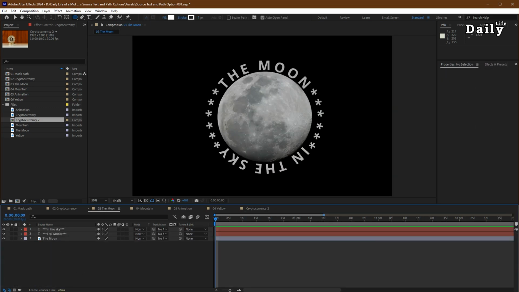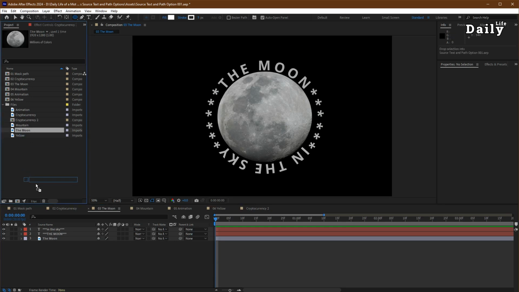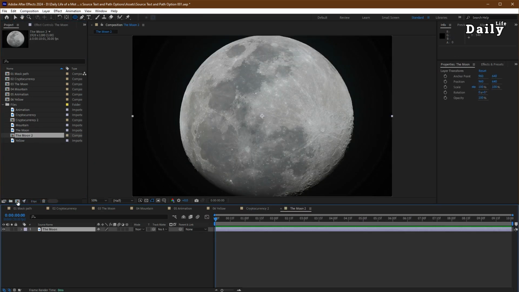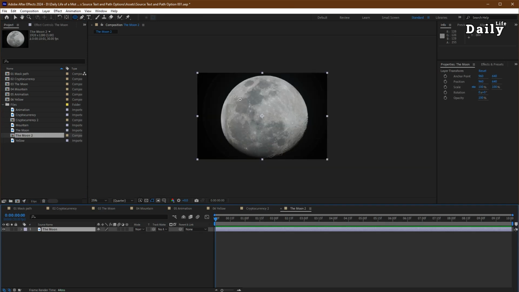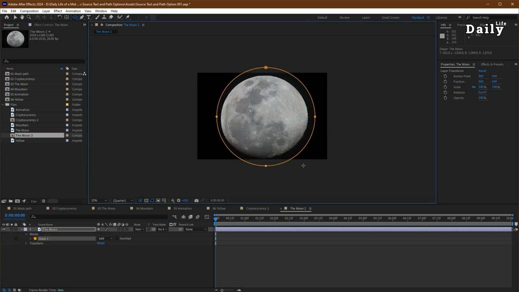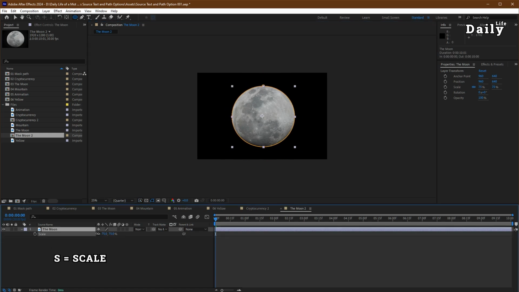Exercise 2. When the force alignment is on, import the moon photo and create a composition. This is a JPG image and I need to scale down the moon individually. So, mask the moon and scale it down. Use the space, Ctrl or Shift keys to create a perfect circle around the moon. Hit S and scale it down.